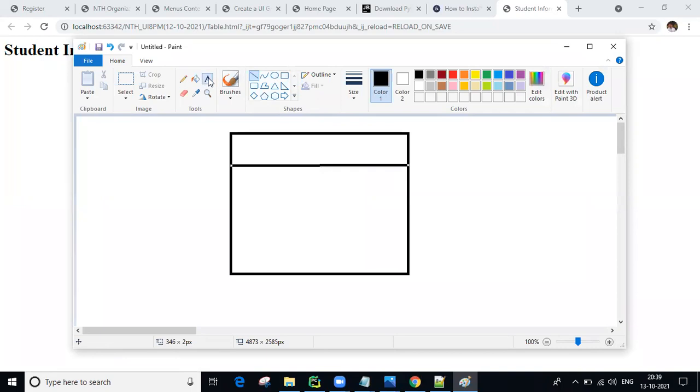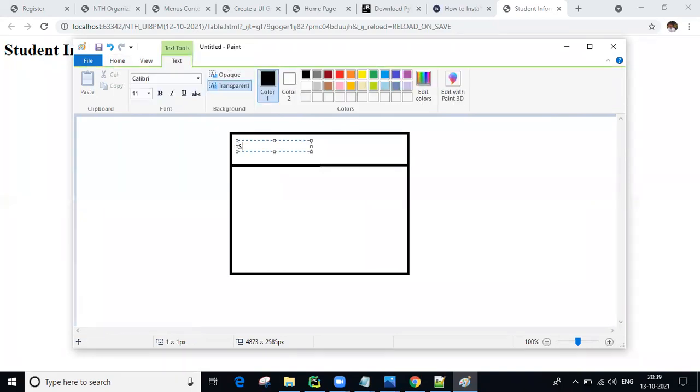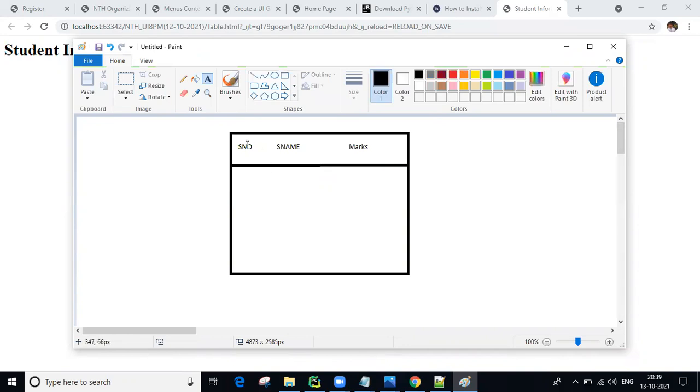Some content I want to display here: student number, next student name, and here you can expand, and now student marks, guys. So you are creating student number, student name, and marks.